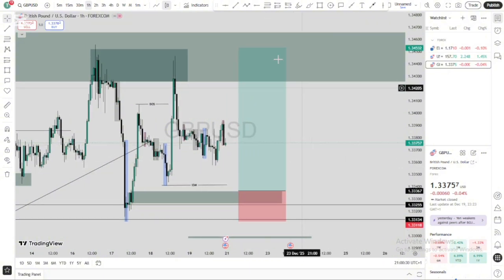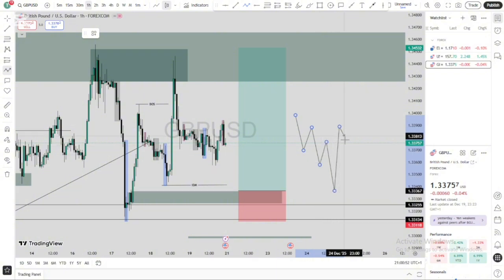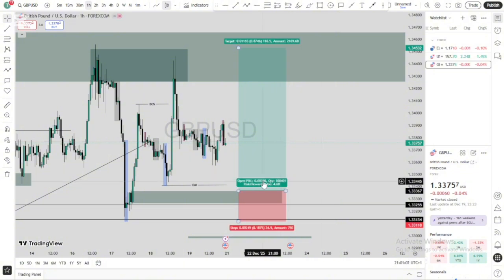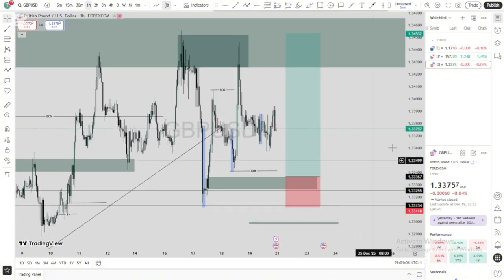I'll have a pending order, and I'll also wait for the lower time frame confirmation, which is the 5 to 15 minute confirmation, which is my reversal confirmation. I want to see price creating something like this, a market structure shift, inducement, and then I can trade. That reversal confirmation is going to give me a tighter stop loss and give me more RR. So that is my analysis on